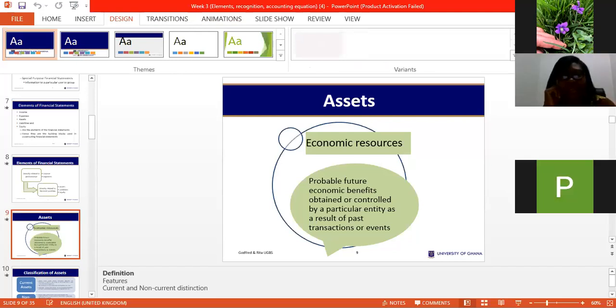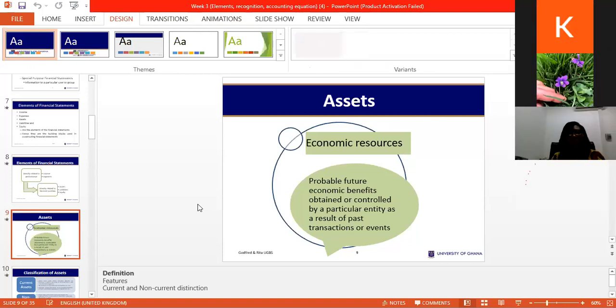On whether employees are assets. Yes. Calvin, what were you saying? Yes, madam, I was saying that they are assets because, first of all, they are controlled by management, and their output affects production directly, which in turn fetches revenue for the company. And so the economic benefit that it generates is the cash revenue from the products they produce or the service they render.